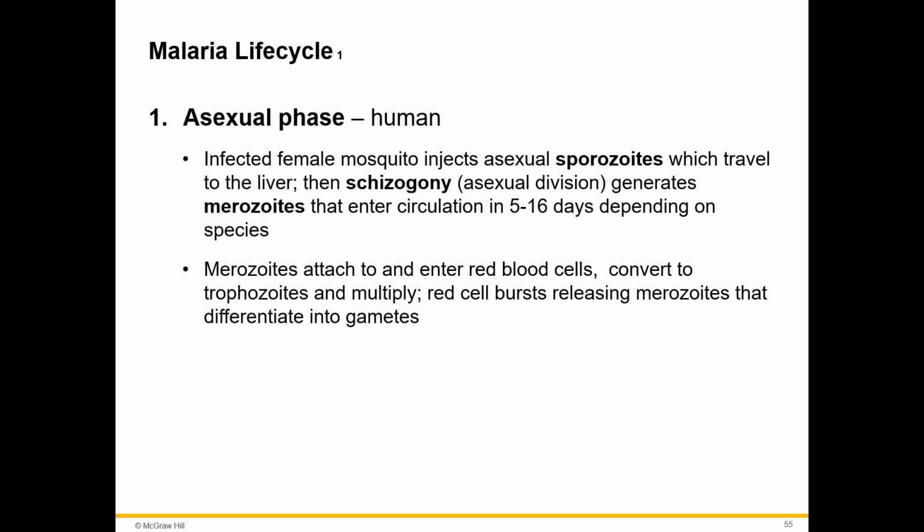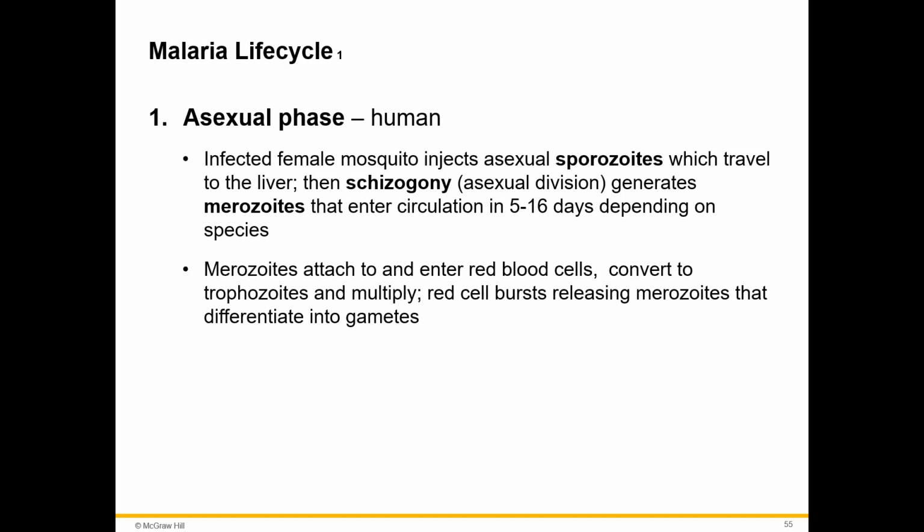Okay, so the sporozoites go to the liver and they're dividing like crazy, and then those eventually generate a merozoite, and the merozoite is what enters the blood circulation, and this all happens within 2 weeks, depending on the particular species